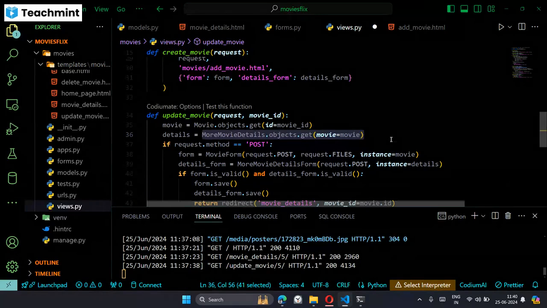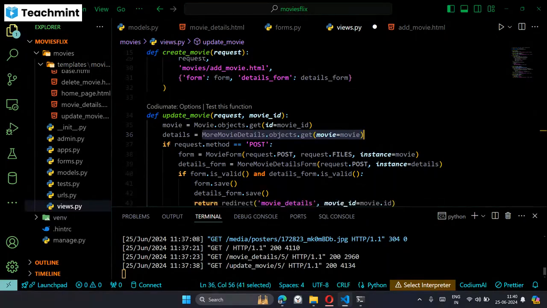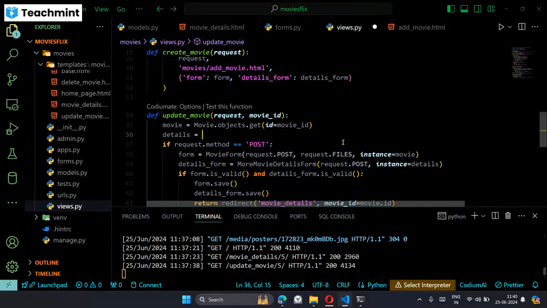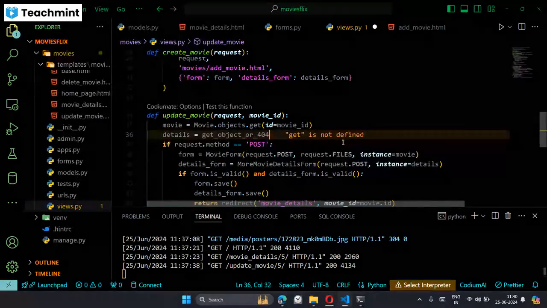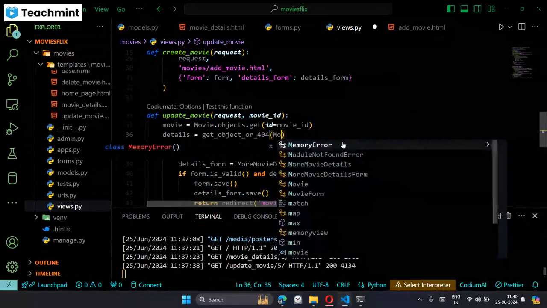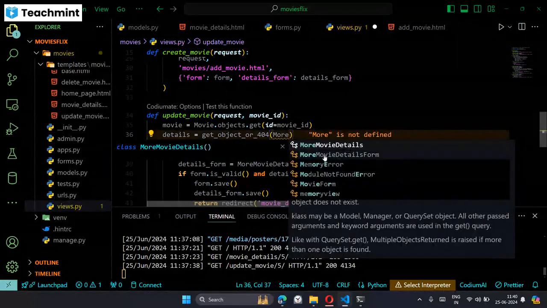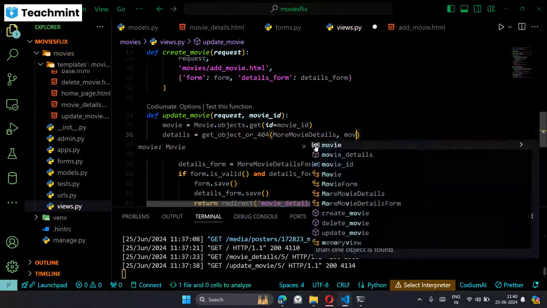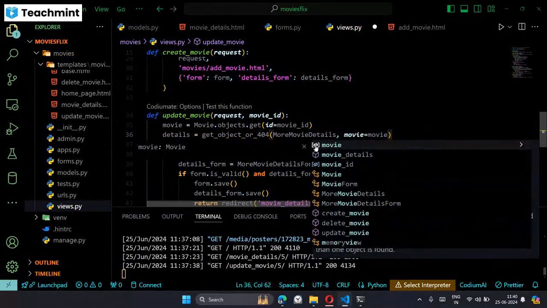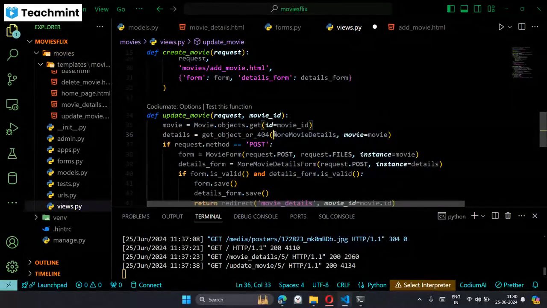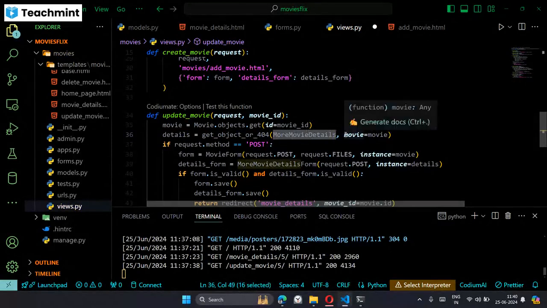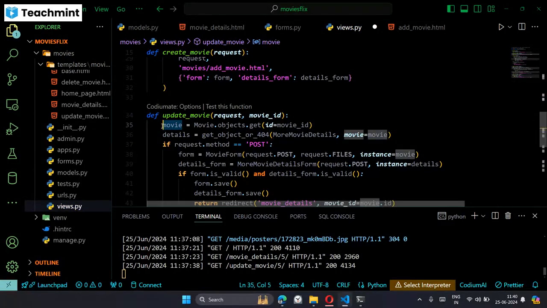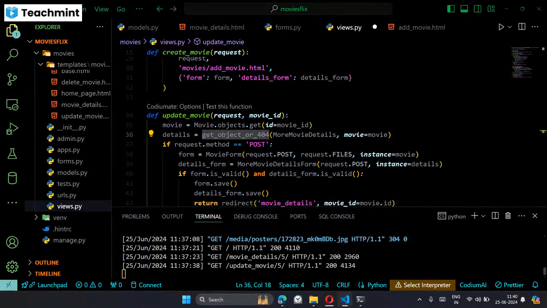Okay, to avoid that, you have to replace this using get object or 404. So in this, mention more movie details and mention movie equal to movie. Okay. So in this model, if there is a movie linked with this movie field, then you'll get that data. Else you don't get that data. Okay. So now